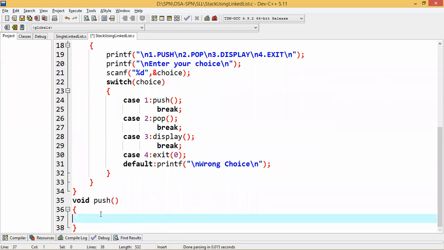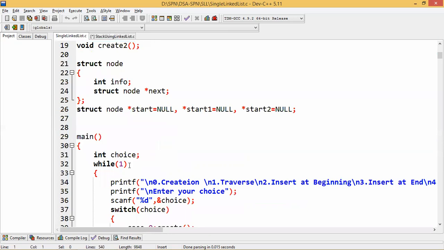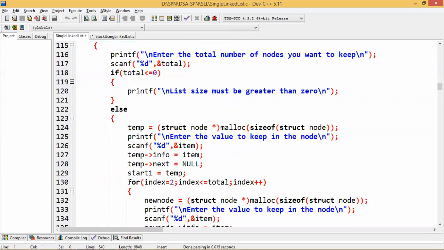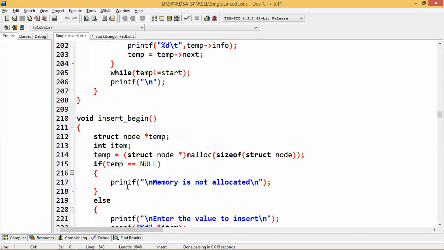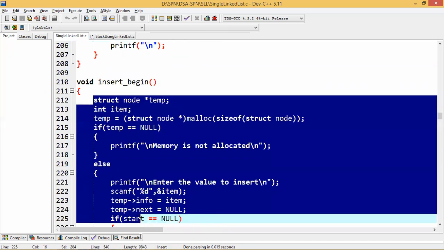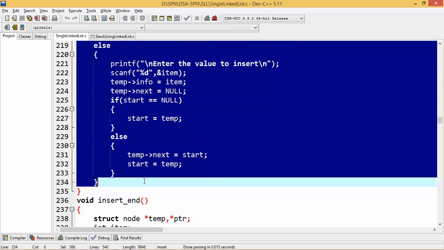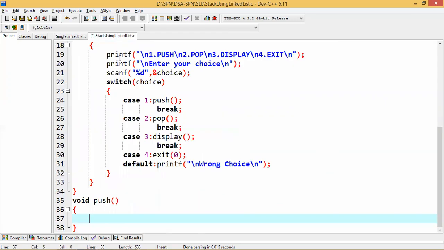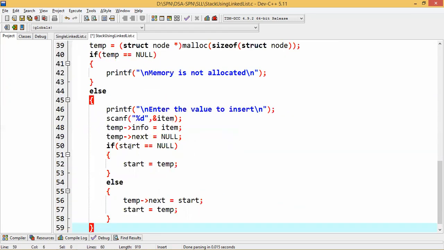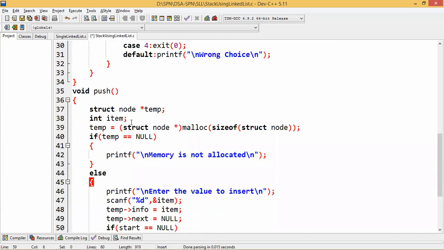Okay. Now what we need to do, as we have discussed, is that while implementing the push operation, you have to use the concept of insert at beginning. So from the single linked list program, you go directly to the content of insert beginning and copy the entire content and paste it here. Now I am creating a node and allocating the memory.